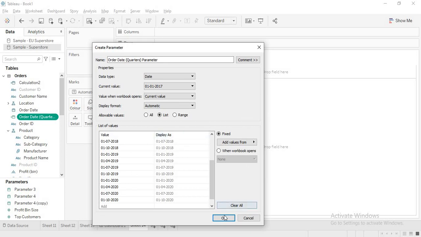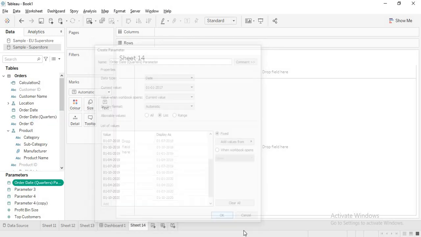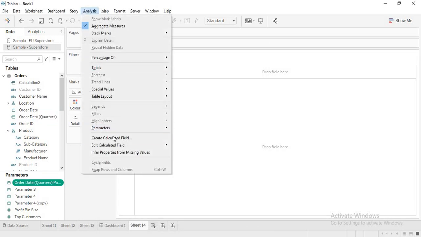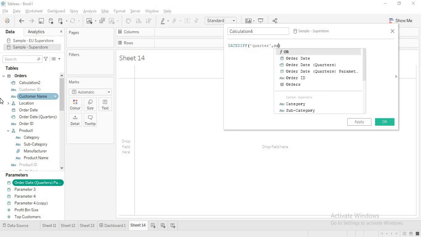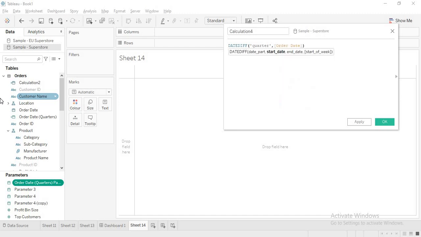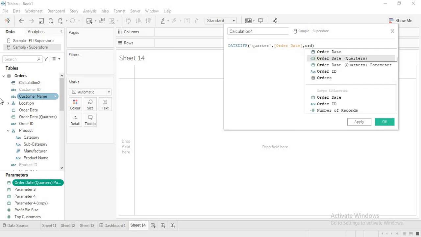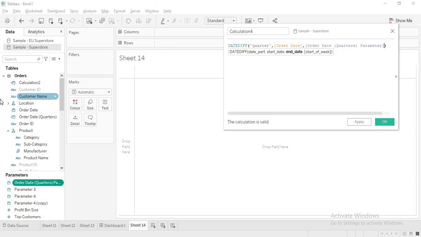Now what you want is DATEDIFF of quarter, order date, and the quarters parameter that we created, equal to 1.